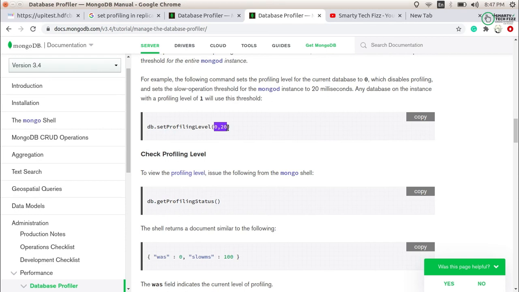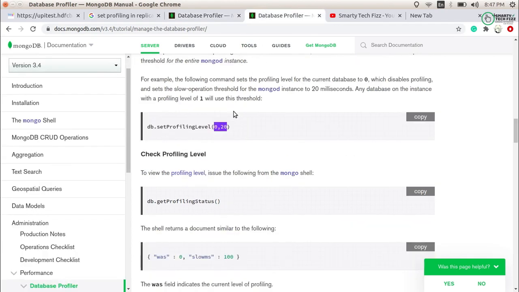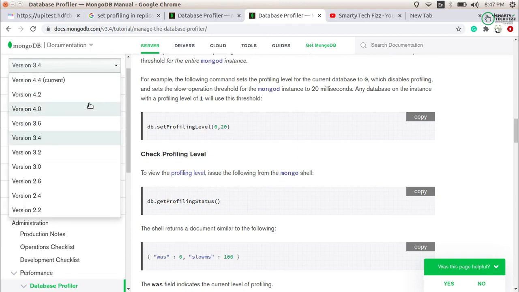Everything else is the same, just the method of enabling the profiling is different: we don't have the sample rate, and we don't have to use the slowms keyword to enable the profiling. You can only provide the value after the comma. So this is how you can enable the profiling in that MongoDB version.